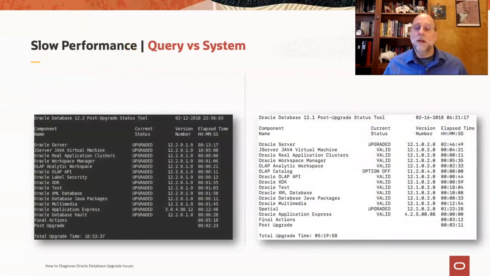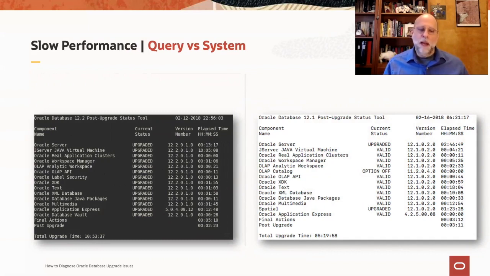Now, if you are instead on a case where you have just slow performance, then what you have to figure out is is it just one acute problem, maybe a query gone haywire, or is it a systemic problem that you're dealing with? And again, there are some indicators there. If I look at an upgrade, and these are two cases of me creating a case of, gosh, this upgrade is really slow, if you look at one versus the other,